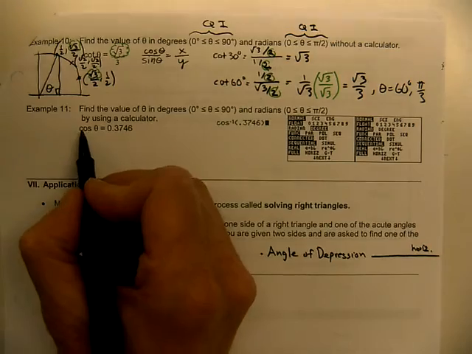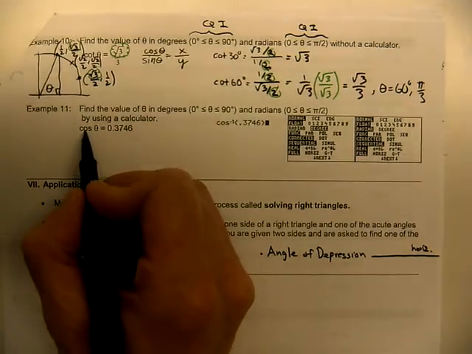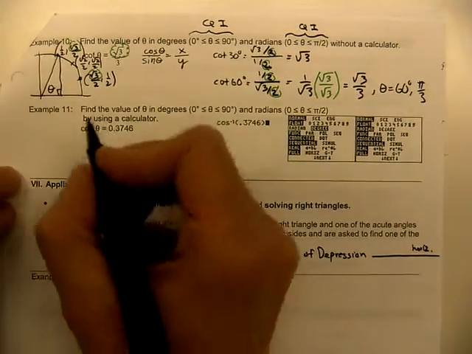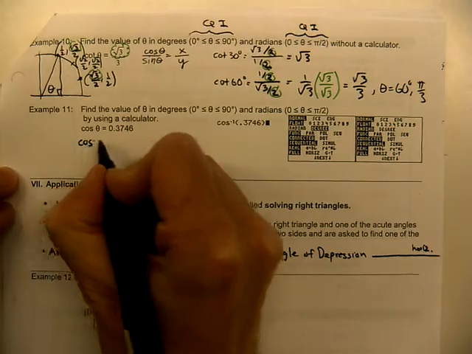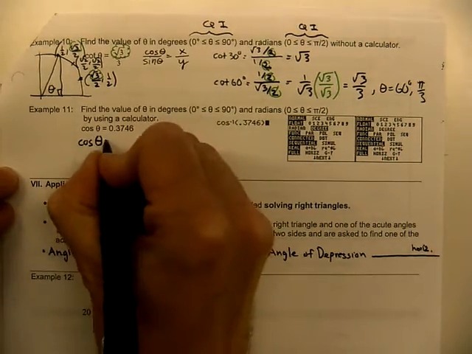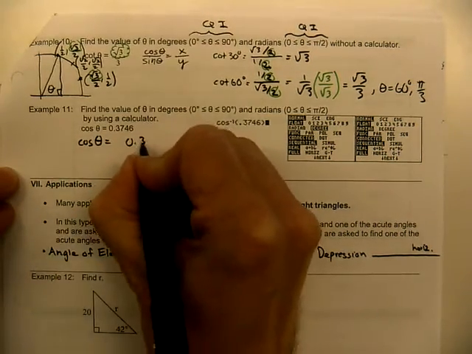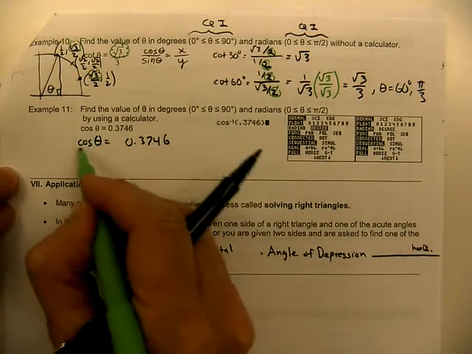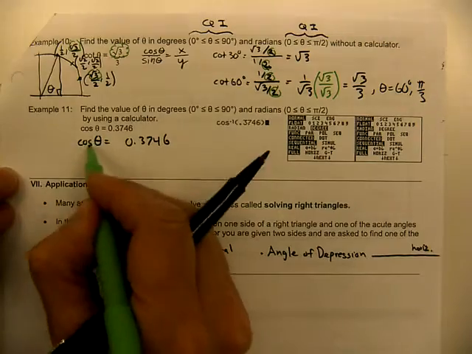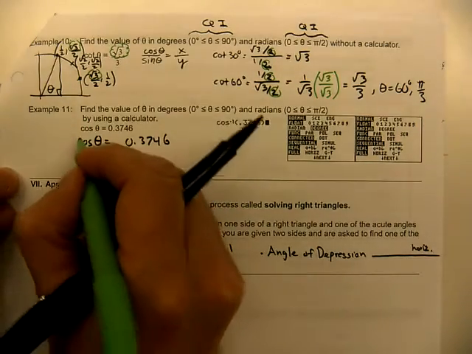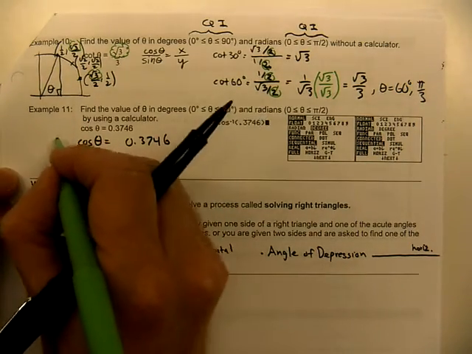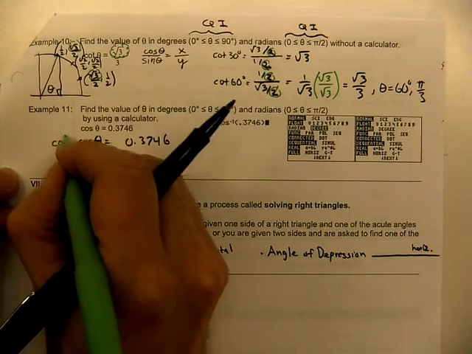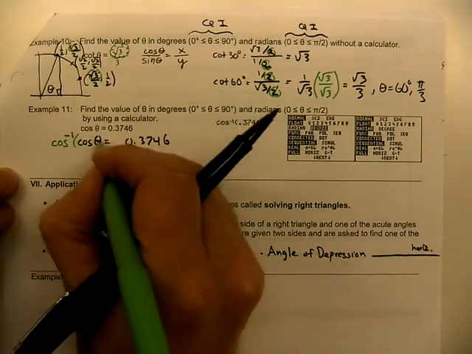Recall here that when we have a trig function of an angle, what we're trying to do is get that angle by itself, right? We're trying to isolate the variable. And to do that, we have to get rid of the cosine, but you can't just divide it away. You can't divide cosine because cosine is not a number. What you have to do is do its opposite, right? We call that the inverse. So you take the inverse cosine of both sides,